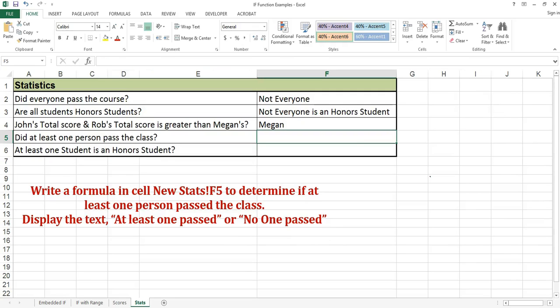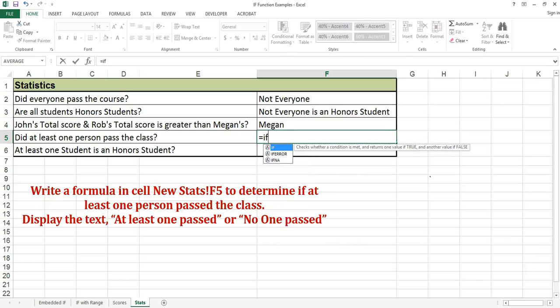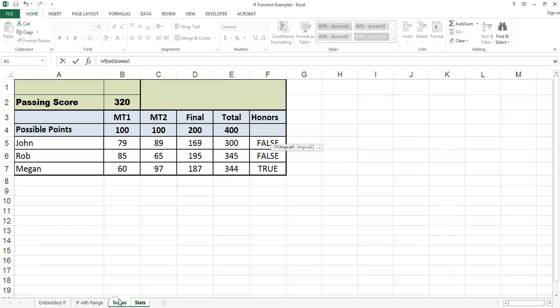Write a formula in cell New Stats F5 to determine if at least one person passed the class. Display the text at least one passed or no one passed. Equals IF. Because I'm checking to see if at least one person passed, I'm going to use an OR. Scores. I'm going to check for John first. If his score is greater than or equal to 320, which is the passing score, which is in cell B2,